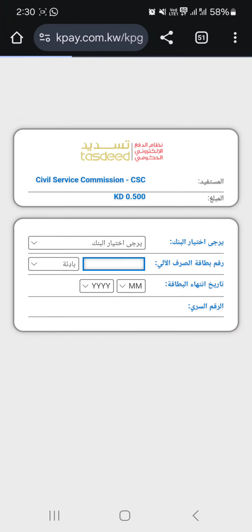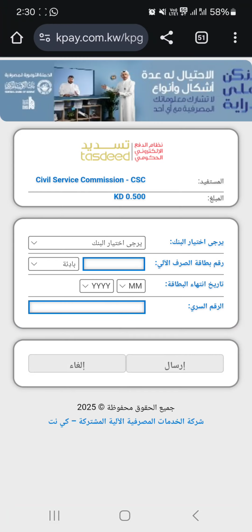After completing the certificate application and payment, the certificate can be printed through the certificates service certificate request list. Now you see there are two buttons here. One is al-dafa and one is al-ghar. Al-dafa means payment. So once you click this payment button, as I have clicked, it will take you to the payment page. Here you can pay half KD fees with your KNet, and once your payment is complete,